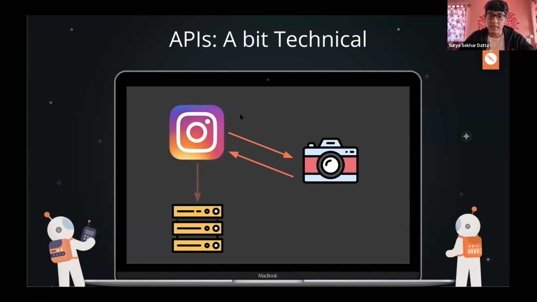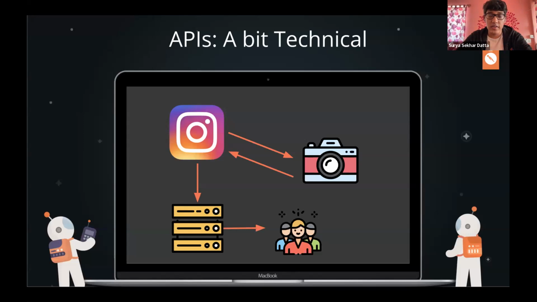What Instagram does is it sends a post request to the server, and I just used a technical term called a post. These are the types of requests that you can send to a server, or GET requests that you can use to get data back from the server. We'll cover this later. But Instagram basically sends a post request to the server, sending that image so that the rest of the users can get the data. And this is how Instagram basically works. You click a picture, you upload it to the server, and the rest of the people can see the picture that you just uploaded. Okay.